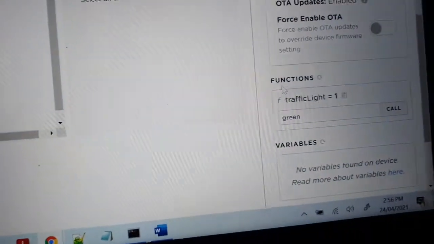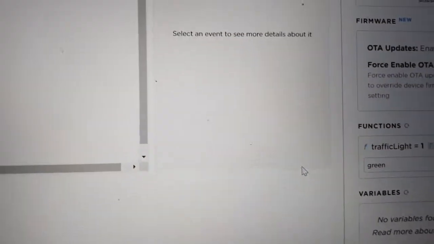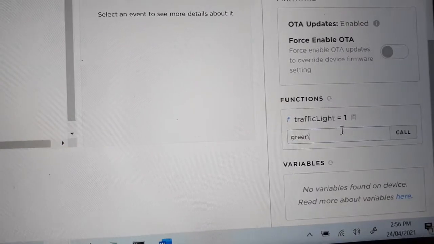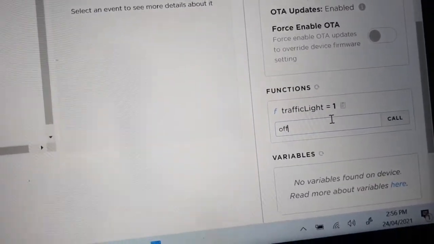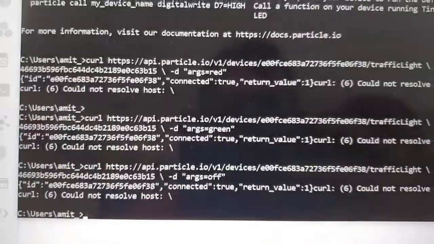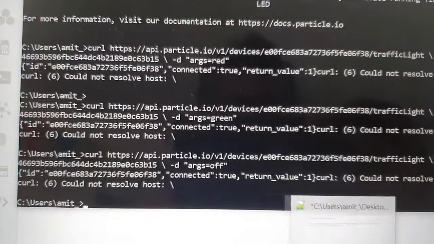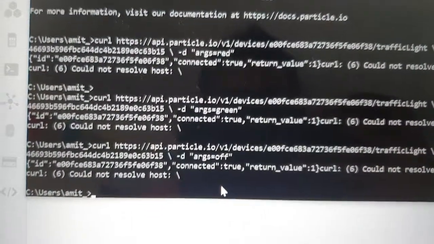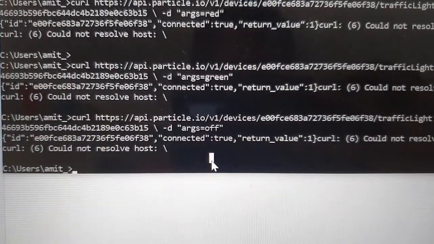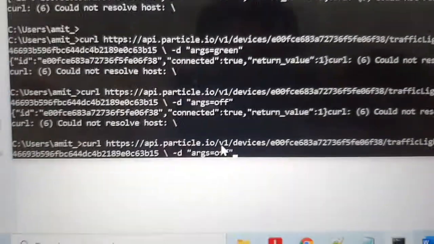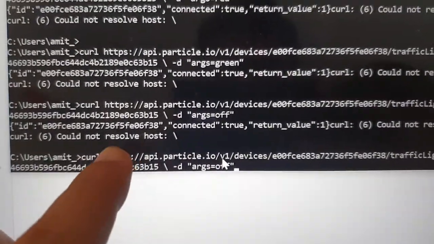The same thing can be done via the curl command, so I'm just going to turn that off and call. So now all the LEDs are off. We can invoke the same thing via the curl command here. So on the CLI, or on my command window, if I call this function, which is the curl command, which